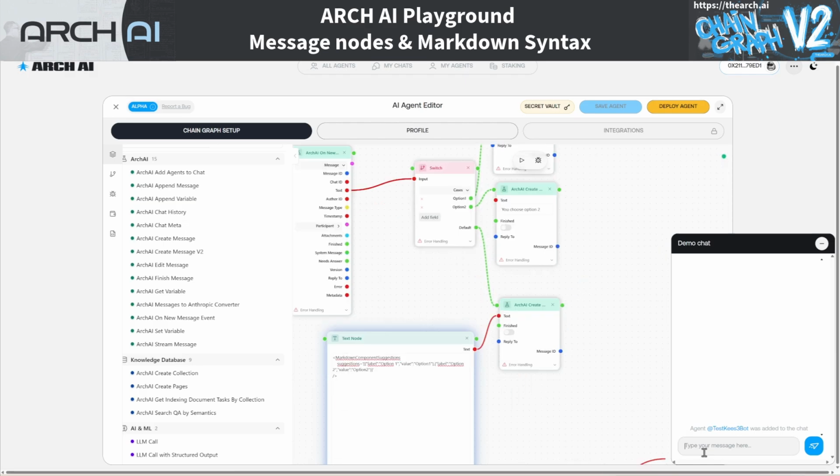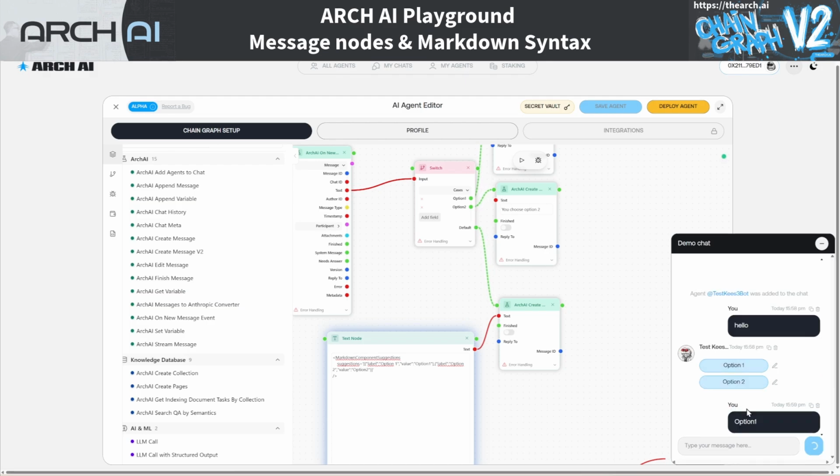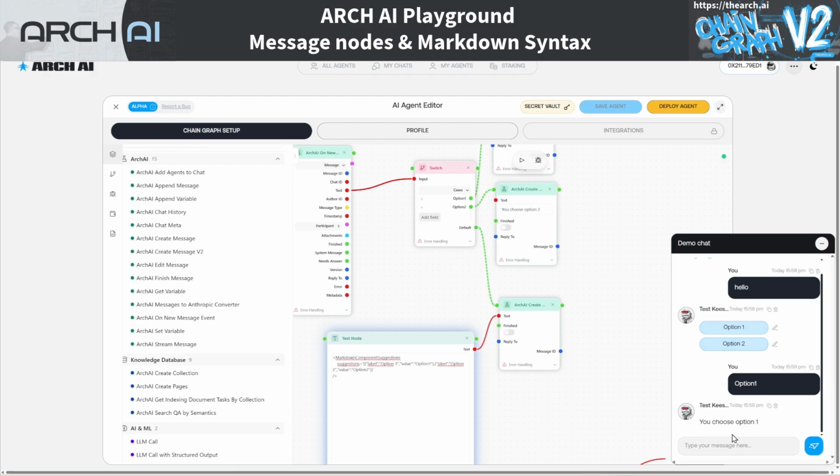We're going to test this one. Hello. It shows you the 2 buttons. I choose option 1 and it gives an answer. You chose option 1. Again, option 2, and it gives you option 2. If I put something else, hello again,